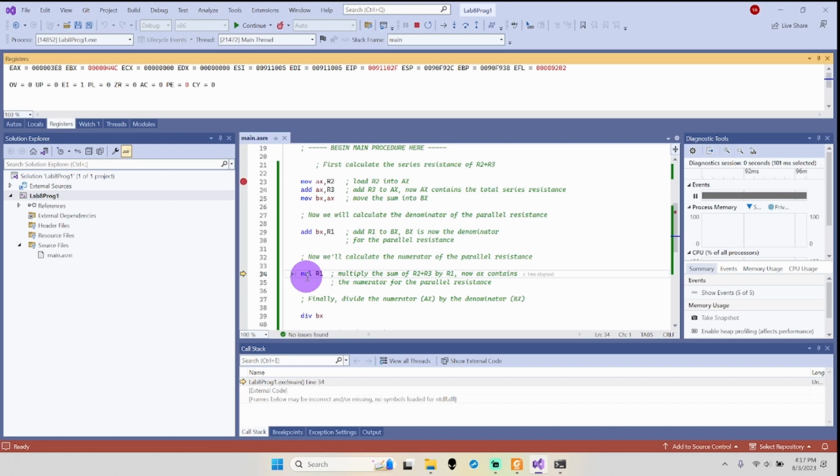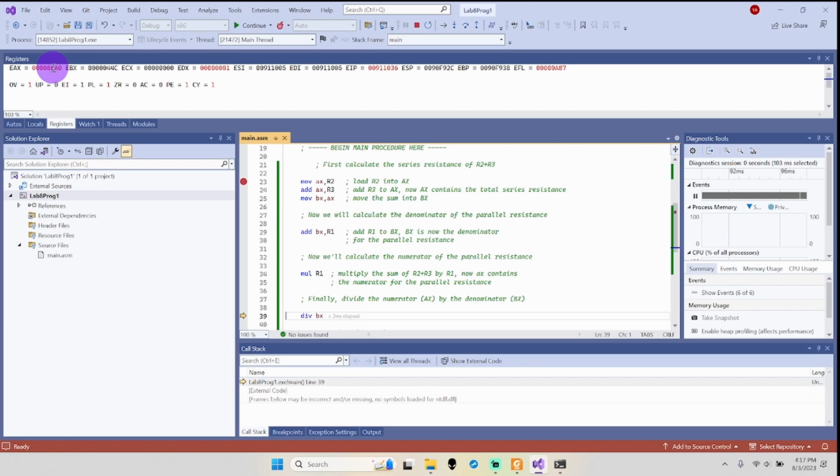So I was going to say here, okay, here again. You see how it says divide? It's going to divide whatever's in AX with BX, okay? All right. So this, let's see, I'm sorry, lost my place. It's dot here. Okay. Multiply R1. Okay. So